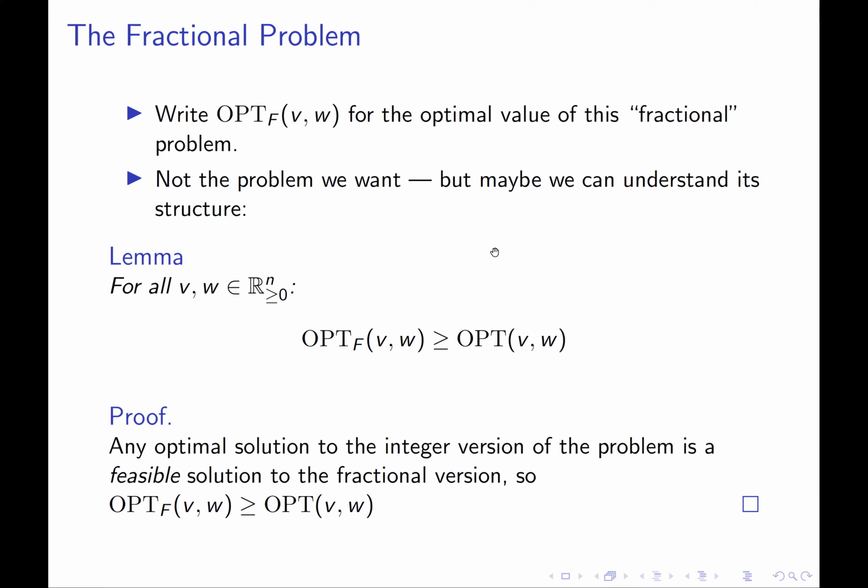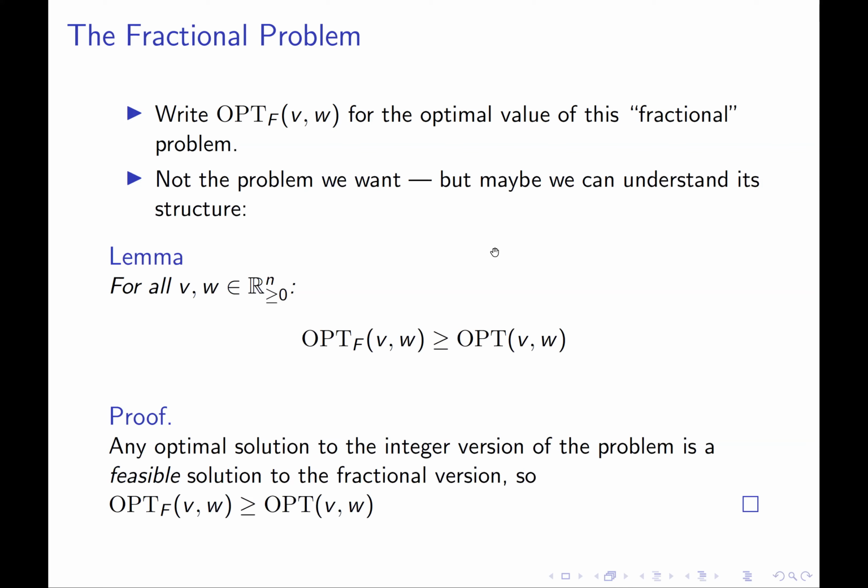It's not necessarily the optimal solution. There might be a better solution to the fractional knapsack problem that takes advantage of the freedom to set the xi's to be non-integer values. But because it's a feasible solution, it means that the optimal solution to the fractional problem is at least as good. The optimal solution cannot possibly be worse than the optimal solution to the integer problem, because you could have always used the optimal solution to the integer program. Okay, does that make sense?